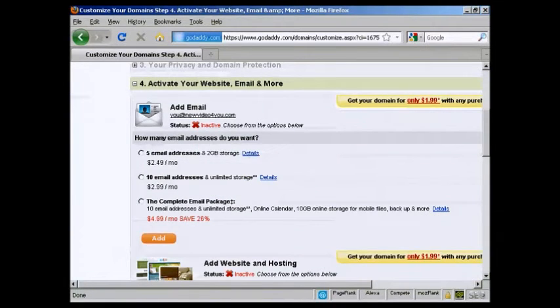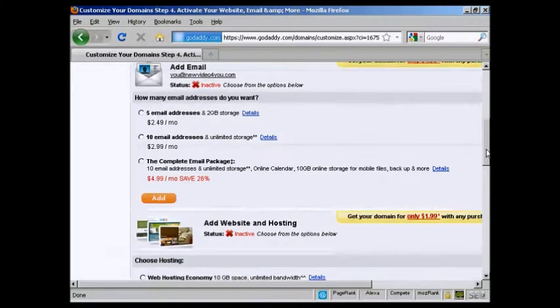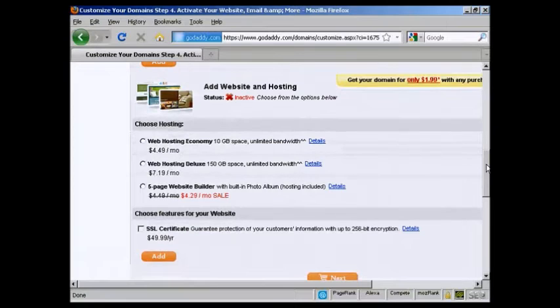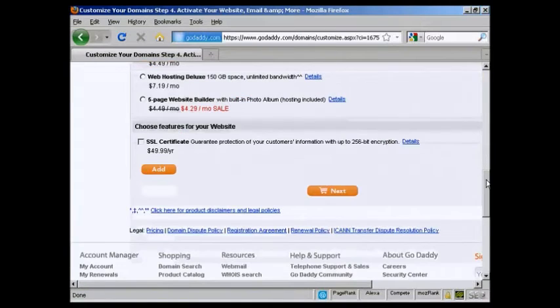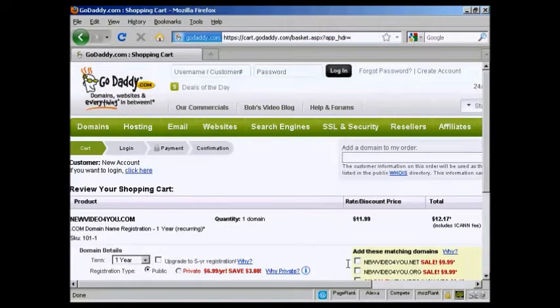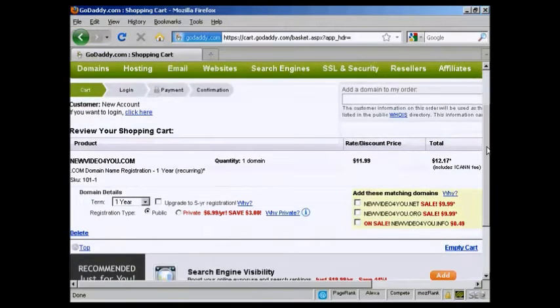You can also add email addresses. This is if you're not going to have a hosting company. You can actually use this just for email if you want. I don't want that. And you can also host it here at GoDaddy if you would like to do that as well. I'm not going to do that, so what I'm now going to do is go to the checkout. So click on next, and it gives me all the details again,